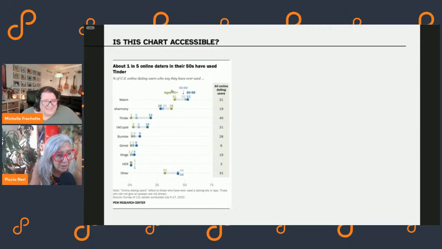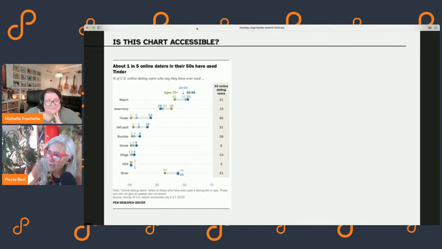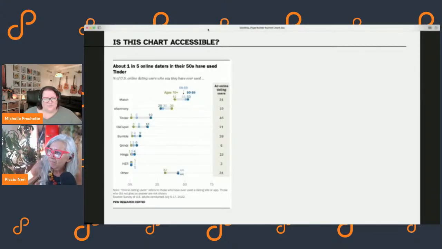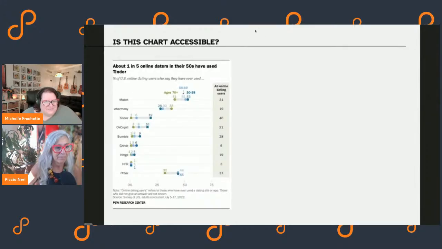Do you understand what any of those numbers mean? I just don't know. I could not work it out. What's interesting, it doesn't tell you how many people were surveyed, and so it doesn't tell you how many people in each of those age groups. So 28 people age 50 to 59 used eHarmony out of... I don't get it. It doesn't make any sense.